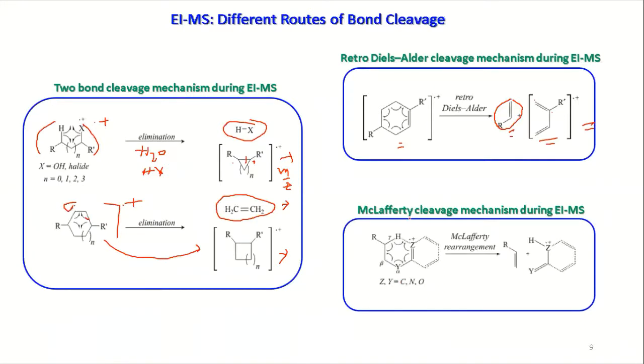Another most important one is the McLafferty rearrangement. Here, in the environment, you should have a gamma hydrogen. You have an unsaturation, then alpha, beta, gamma. At the gamma position you should have hydrogen. Then you will have a 6-membered transition state. So you have 1, 2, 3, this is hydrogen, you consider it 1, this is 2, 3, 4, 5, and 6.